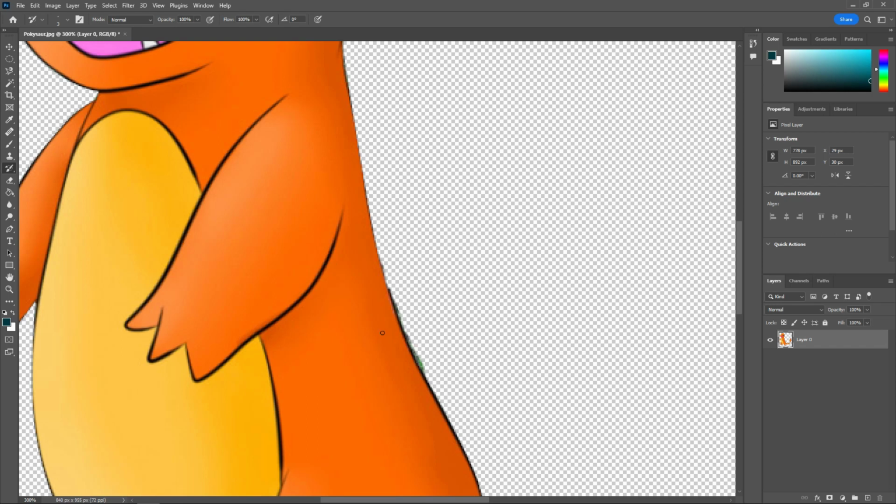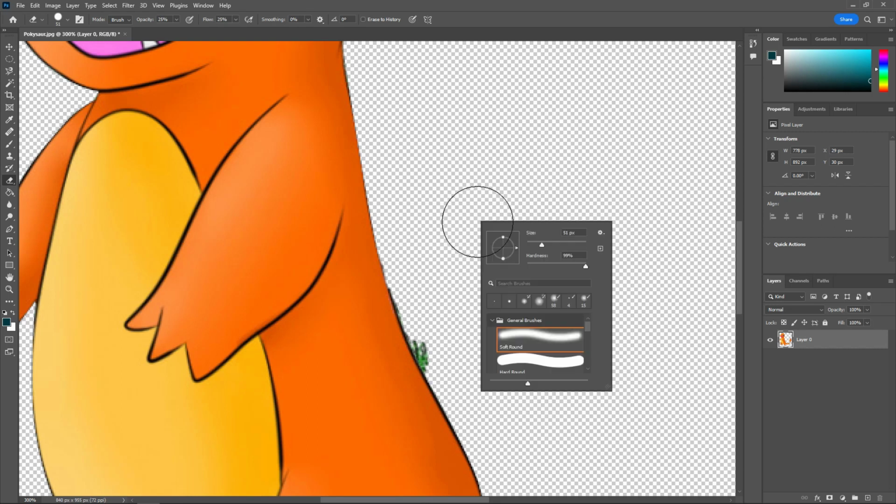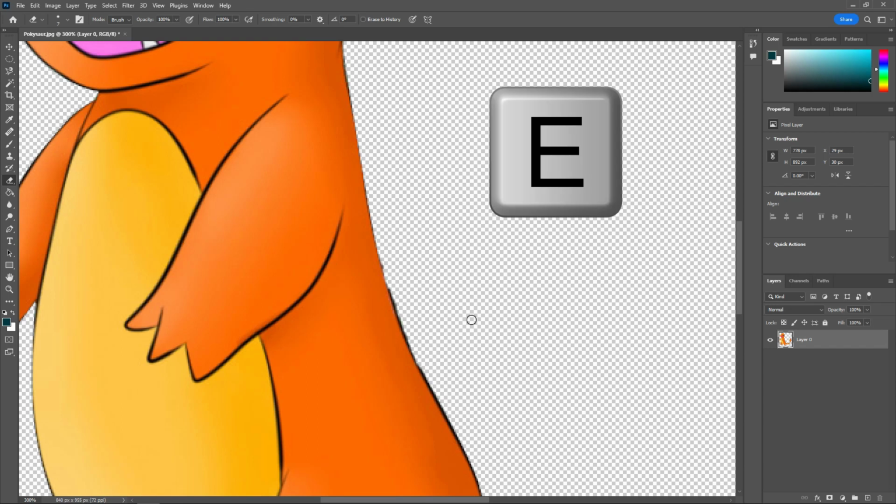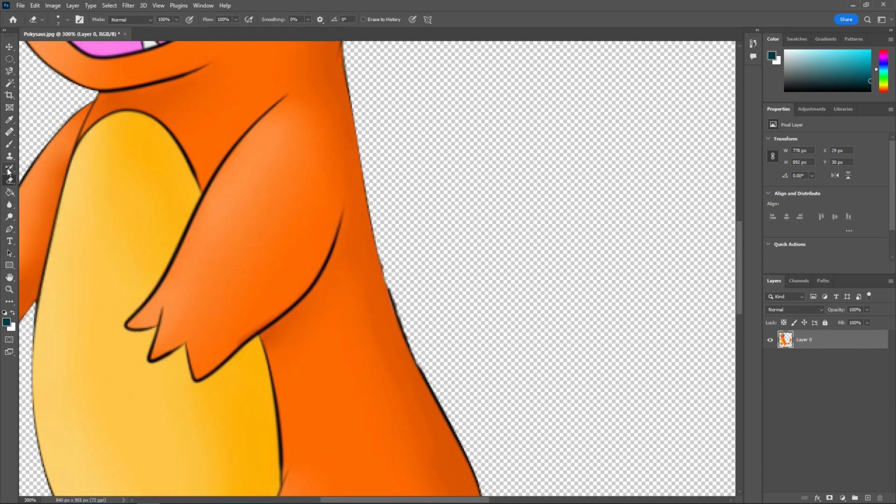Again, if you get too much, like let's say you go too far and you get the grass, you can hit E and get the eraser tool, which is very much a brush tool. So I'll right click and I can change that. I want the hardness up, I want the size down, and then I can paint that out. Now, I've got my opacity here at 25%, and flow at. So I want to take those all the way up, opacity and flow, and then I can delete what I just drew, okay? So that's 3 tools now. The eraser tool, which is the hotkey E, the history brush, and the pen tool, the mighty, mighty pen tool